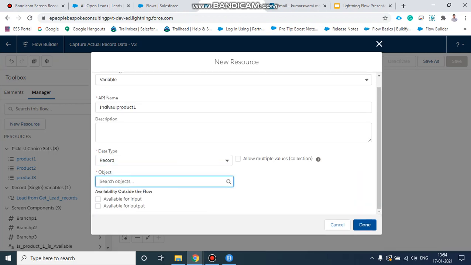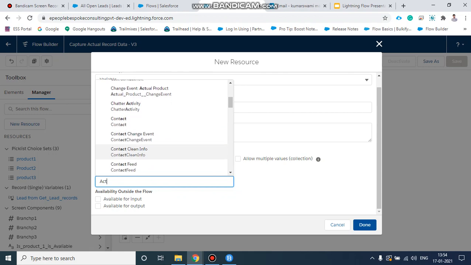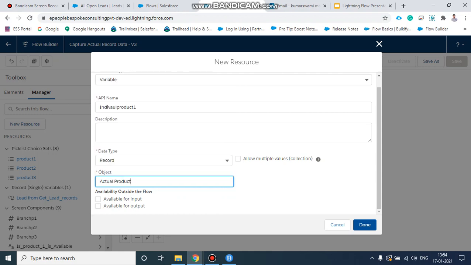This is a record variable, and it is used for whichever value we enter at screen level, right? Screen component fields we will capture here in this record variable. We need to select that actual record. No need to set available for input because we are storing those values into this record variable.